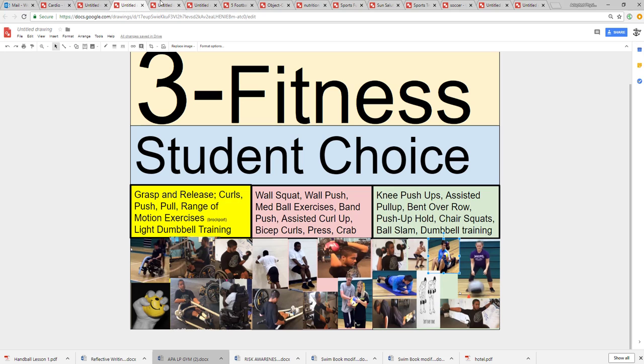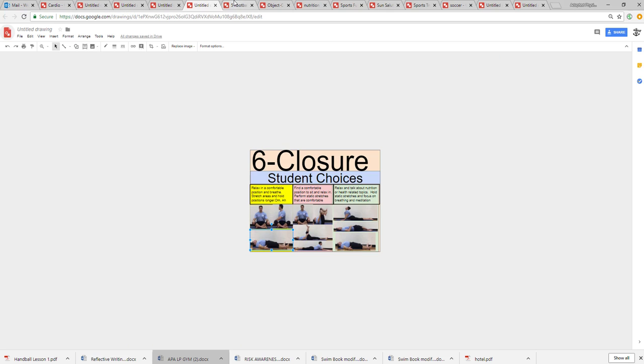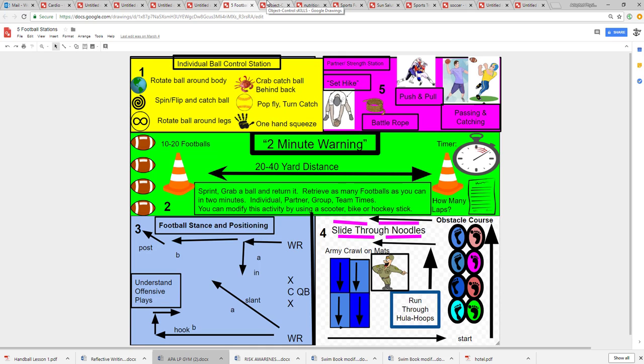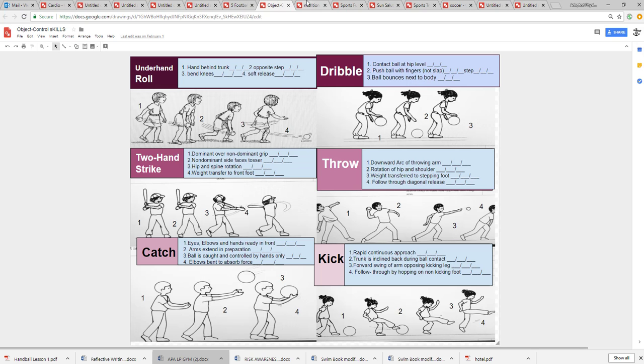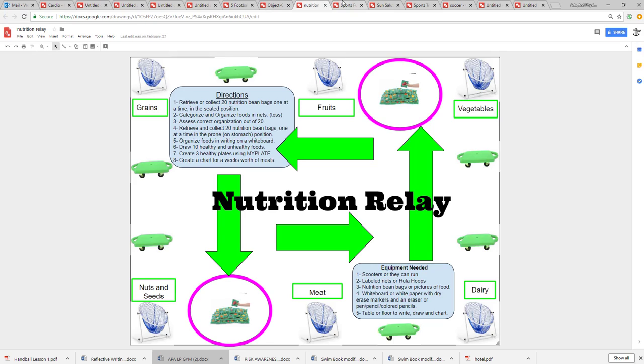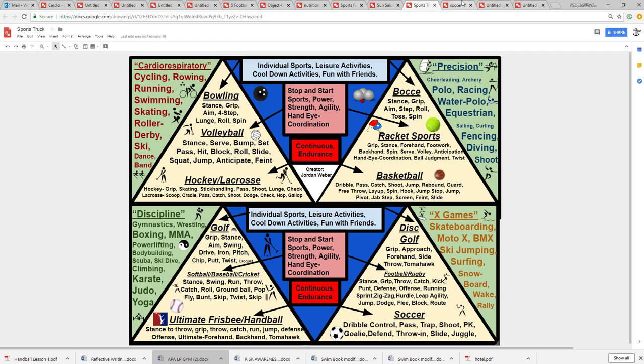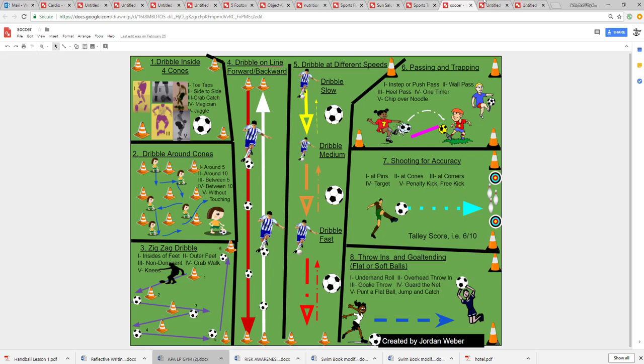What we're looking at right now are some posters I just created, okay? What I want you to do for today's class is create a Google Drawing, okay? And so I'm going to show you some examples of different Google Drawings that you can create. And what I want you to do is look at your sport or your activity, and I want you to